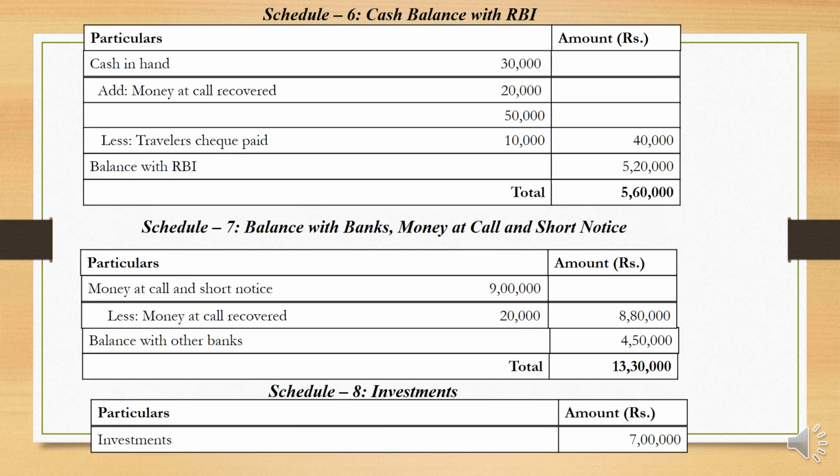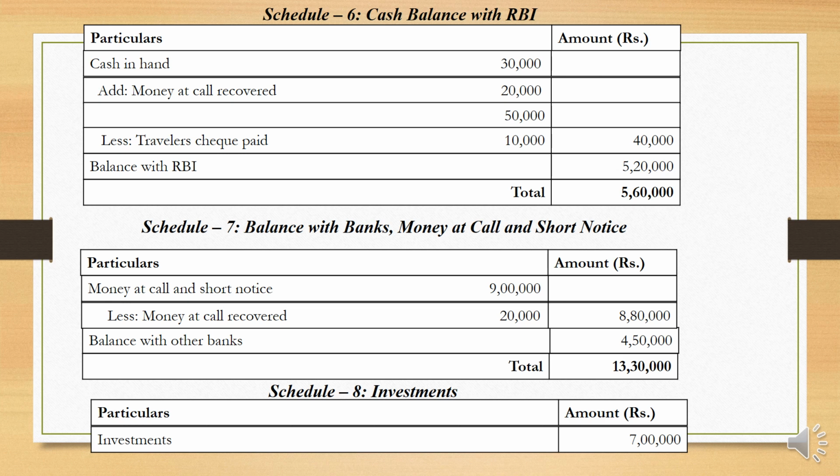Next comes schedule number 6. Cash in hand 30,000. Money at call recovered 20,000 we have added. Total 50,000 minus traveler's check paid 10,000. Net amount 40,000. Then balance with the Reserve Bank of India 5,20,000. So total it is 5,60,000. Balance with the banks, money at call and short notice. So money at call and short notice 9 lakh